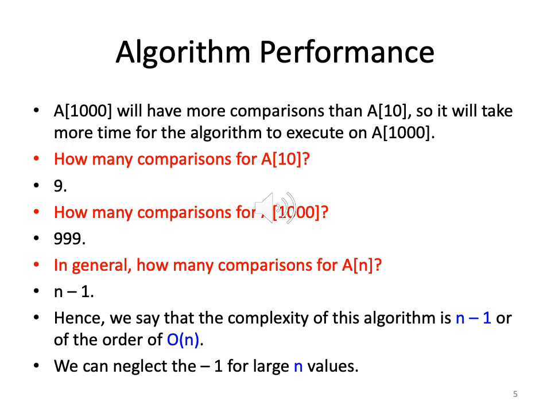So roughly we say that the complexity of the algorithm that finds the maximum element in an unsorted array is of the order of n, which means for an input size of n elements, we will have n comparisons. So complexity is of the order of n. Because for n elements we have n comparisons. So number of comparisons is n, therefore complexity is n.